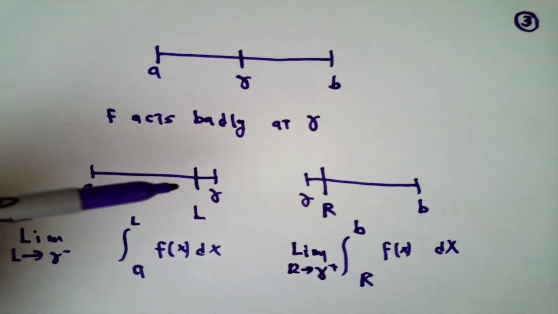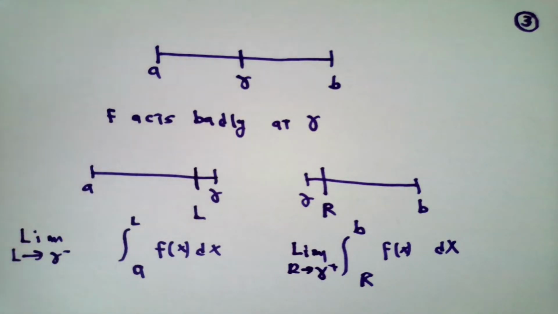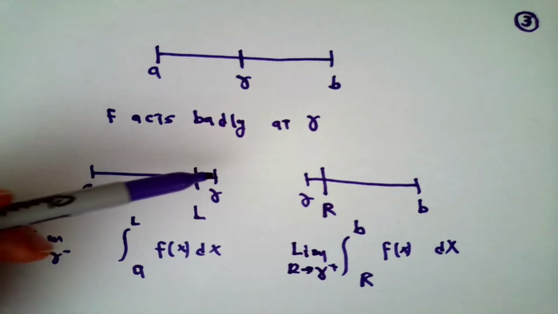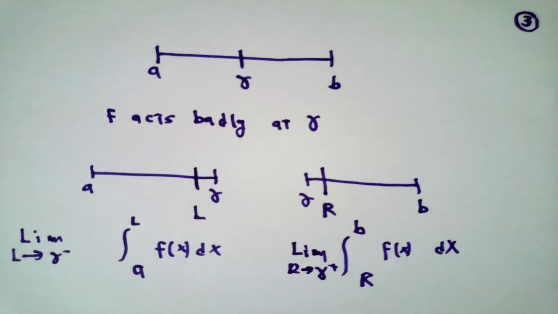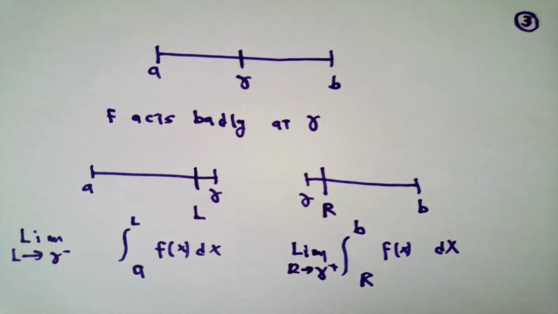Staying to the left of gamma, I'm going to let the L increase and approach gamma, never actually equaling it, though. I'm going to look at the limit of the integral from a to L as L approaches gamma from the left side. Likewise, I'll look at the integral from r to b of f of x dx and allow the r to approach gamma from the right side. In this way, taking the limit, the only number that gets omitted from consideration is x